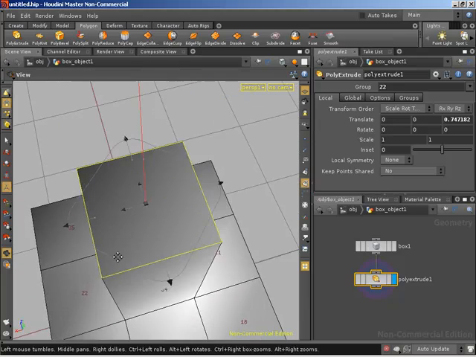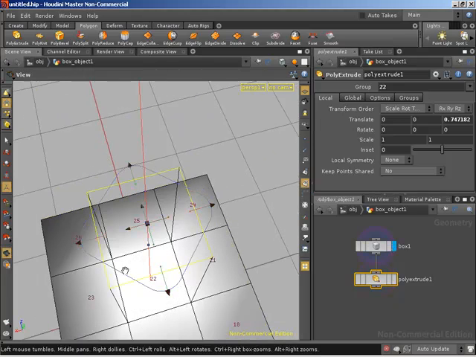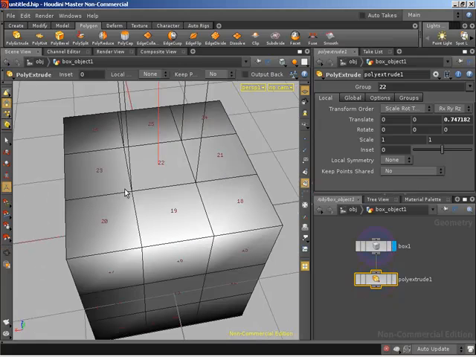Now, if we come into the face that we selected, let's go back up to the box. On our box, 22. We selected face 22, and then we applied the poly extrude. And when working in that way, it means the poly extrude is told to use a group of just face 22. So the poly extrude has only been applied to that selected face. So change that 22 to, let's say, a 21, and then it's going to know that this is the primitive we want to work with. So this one will suddenly become extruded, and this one will no longer be extruded. Sure. So if I change this to 21,